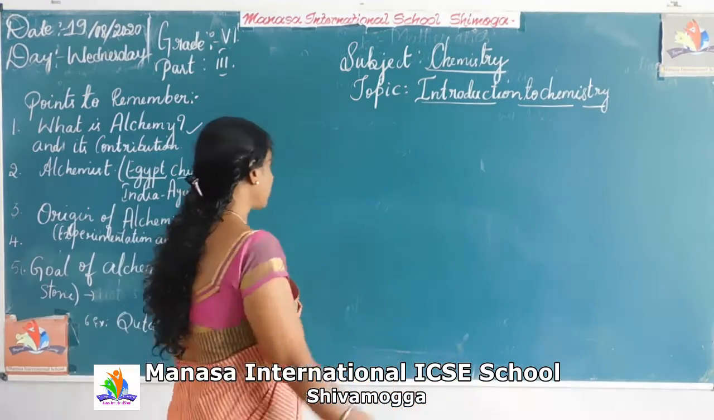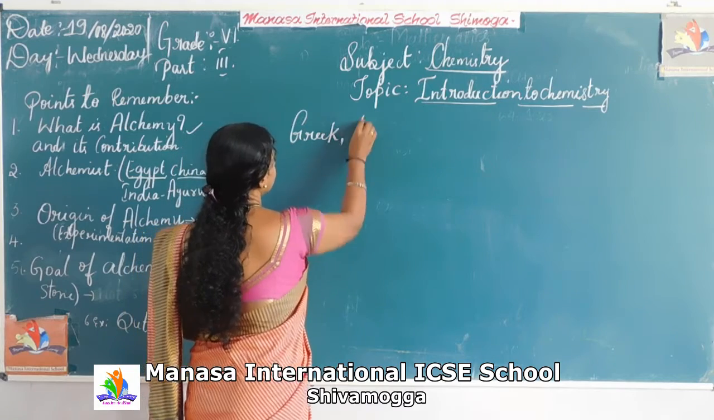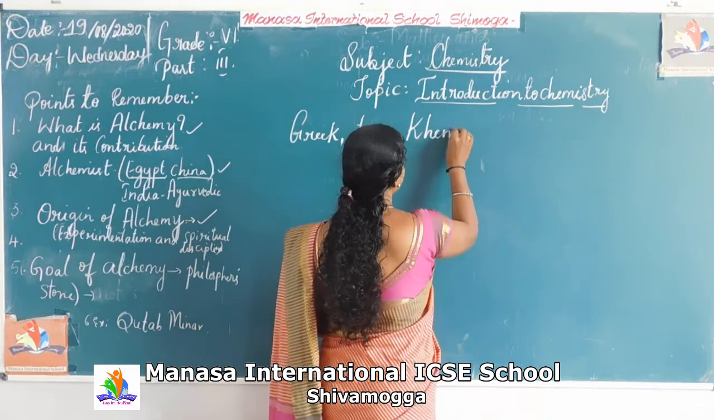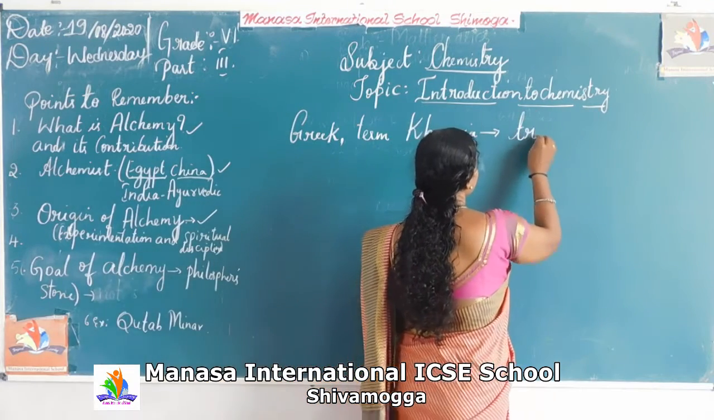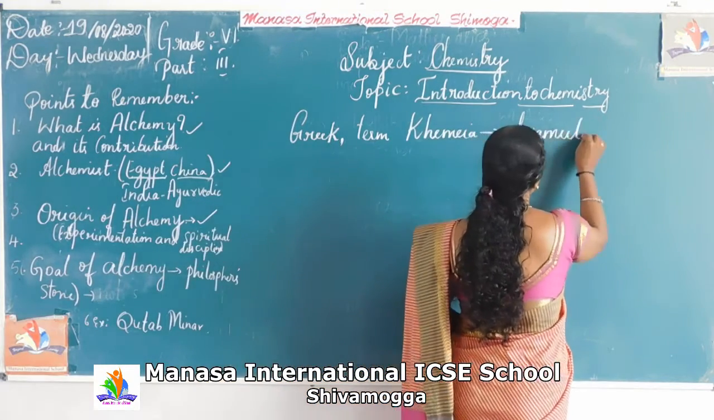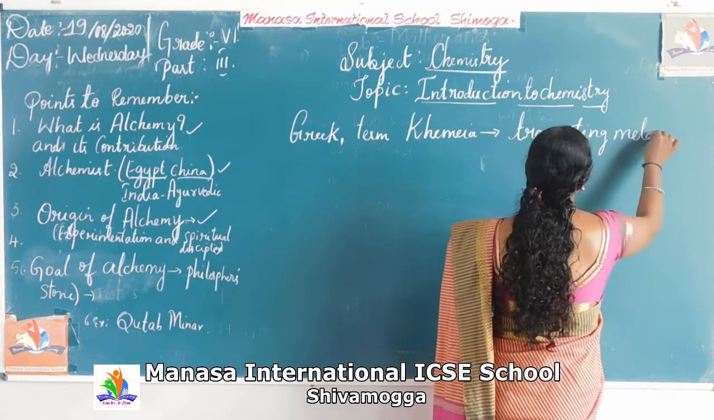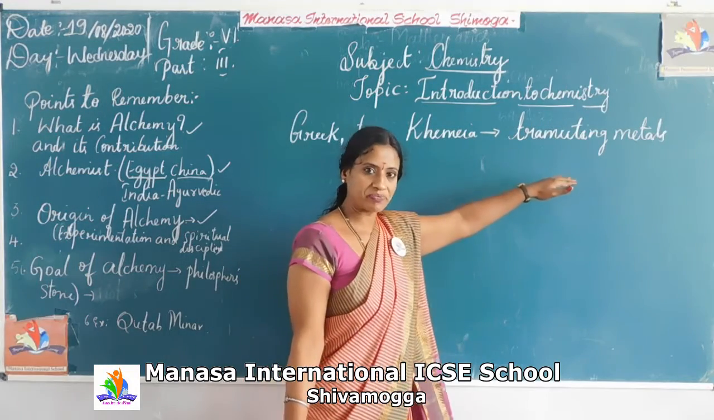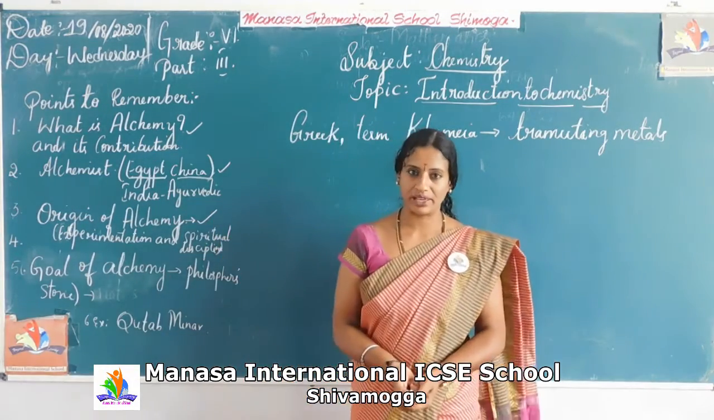Next, what is the exact origin of alchemy? Its origin comes from the Greek term chemia. Chemia means transmuting metals. What does this transmuting metals mean? To know the exact origin of alchemy,